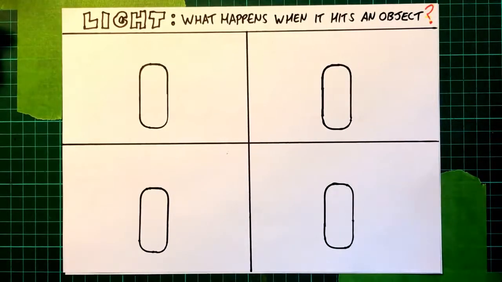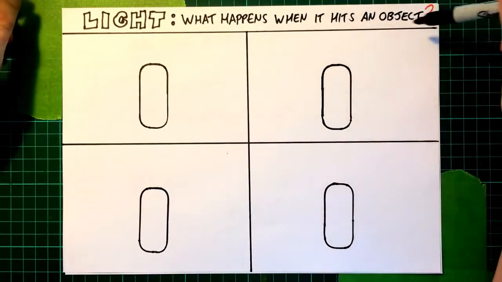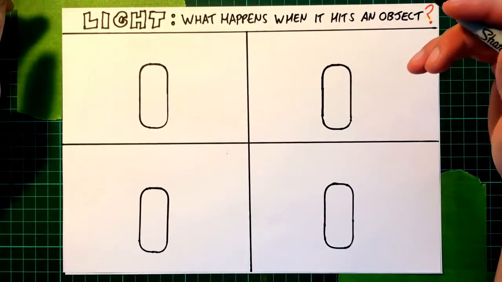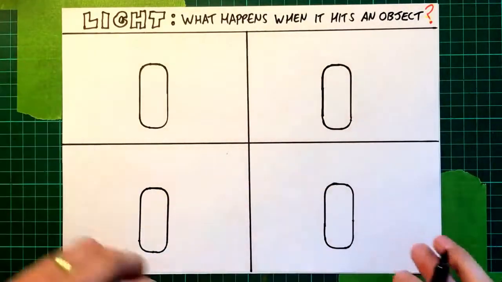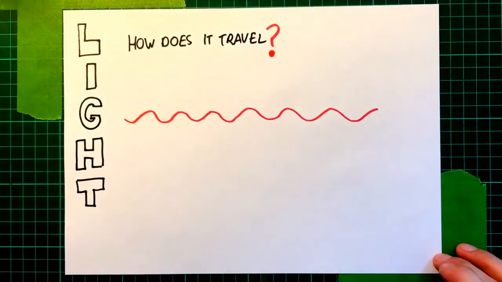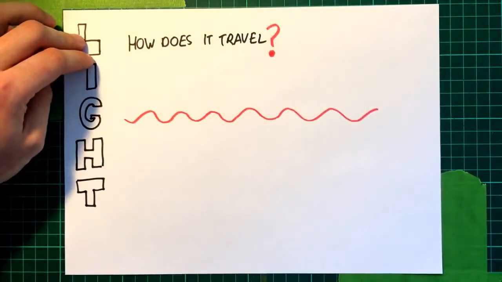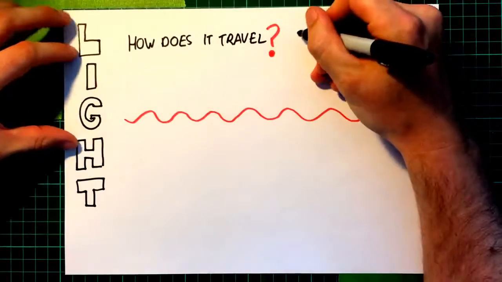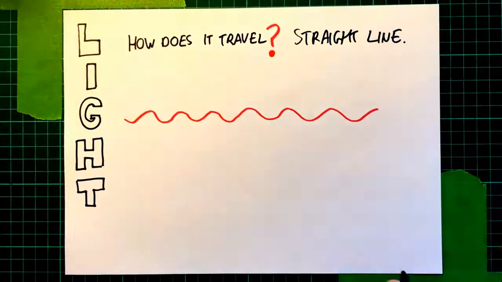So welcome along to Science Sketchbook's video on light and what happens when it hits an object, when it interacts with something that it comes into contact with. Now, before we get into 4 different ways in which this happens, we're going to revise some basics about light and how it travels. So, you will have heard it said that light travels in a straight line, but this